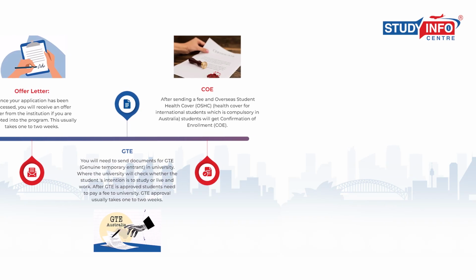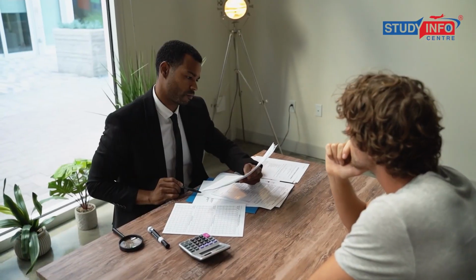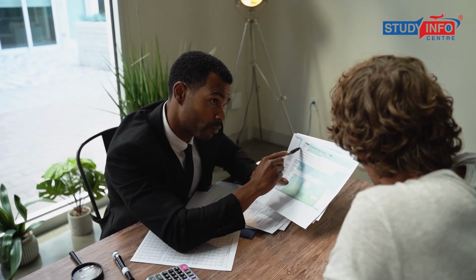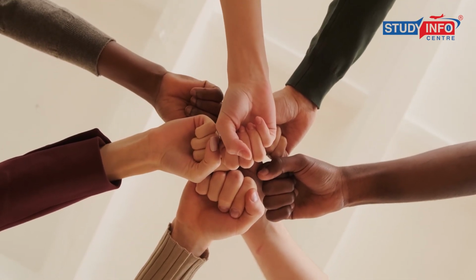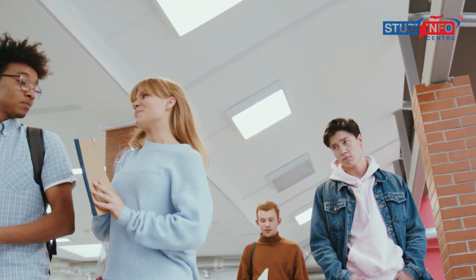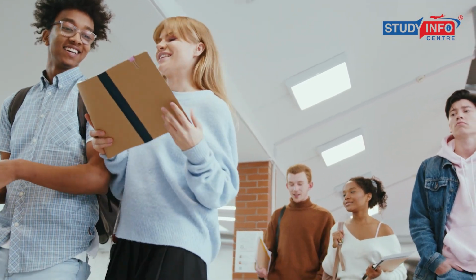COE. After sending a fee, and Overseas Student Health Cover, OSHC, health cover for international students, which is compulsory in Australia, students will get confirmation of enrolment, COE. It confirms that students have accepted a place in a course, and have paid tuition fees and Overseas Student Health Cover premium, OSHC. To send fees from Nepal, students need to make a No Objection Certificate, NOC, from the Ministry